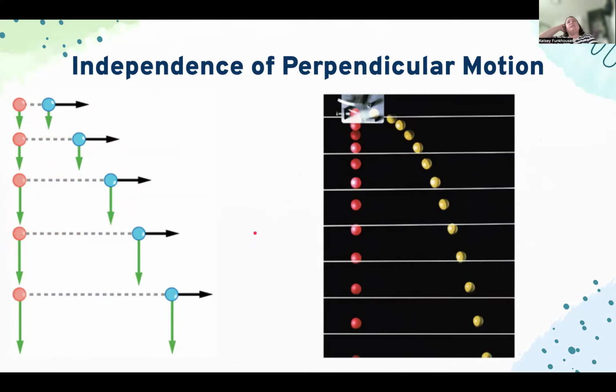So the point of this is to show that even if there is motion in Y or motion in X, or vertical versus horizontal, they don't affect each other. They happen independently. The thing that they affect is the overall motion of the object. So again, the projectile motion,